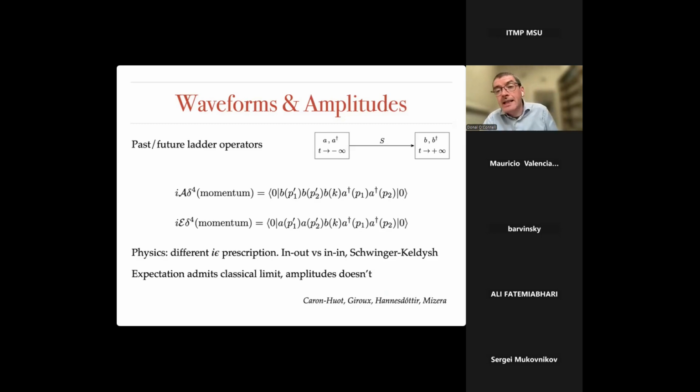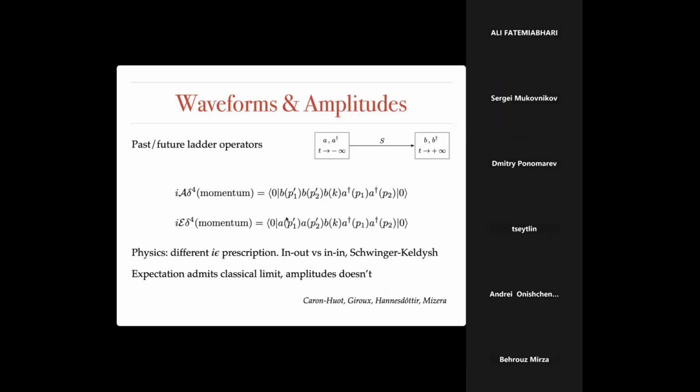So the physical difference is that the Feynman iε prescription is different. That reflects the fact that in this expectation value, I set up a problem corresponding to a classical physics problem where you'd use retarded propagators anyway. So maybe not so surprising that there's a different iε in the propagators. In other words, our usual amplitudes are in-out. This thing is in-in.